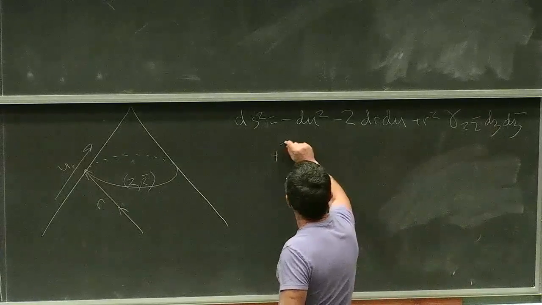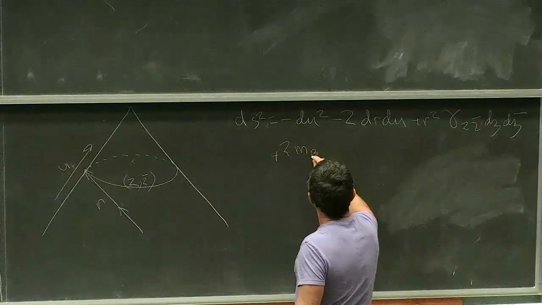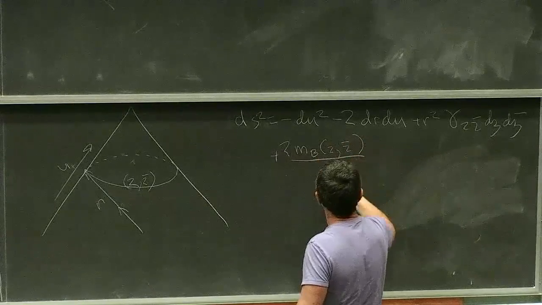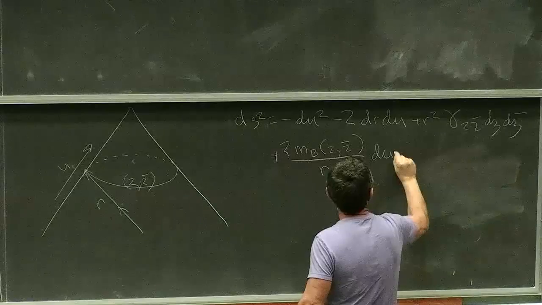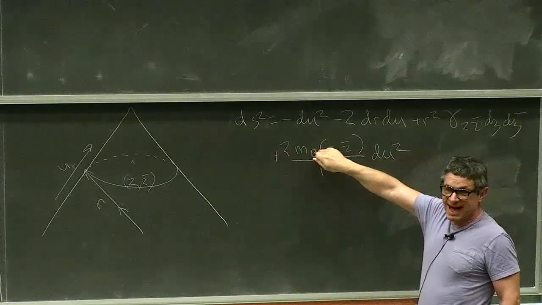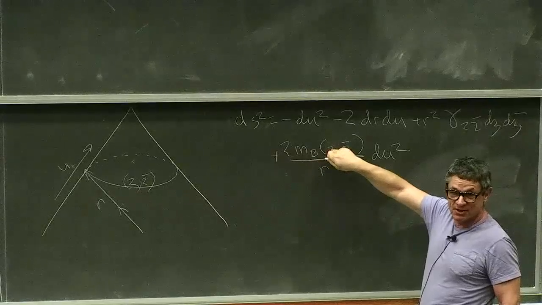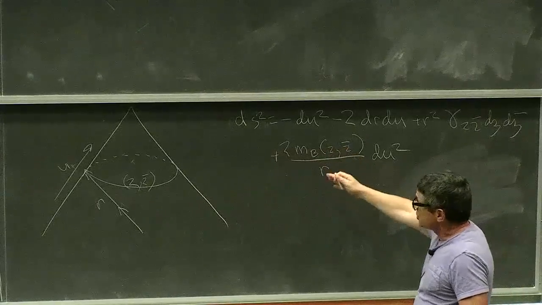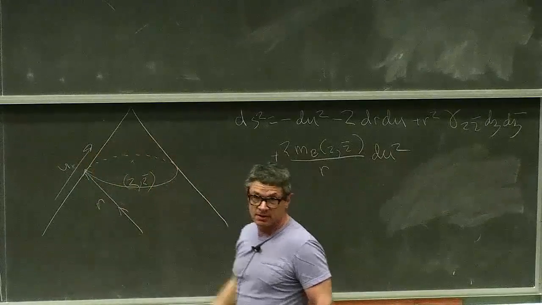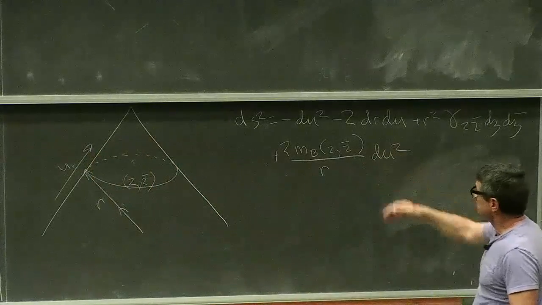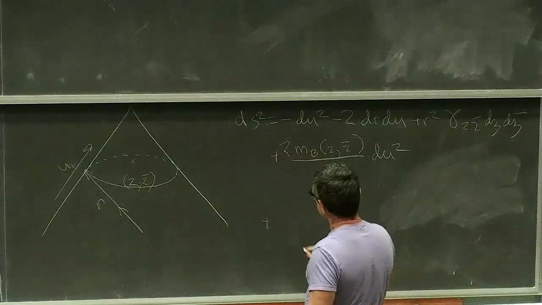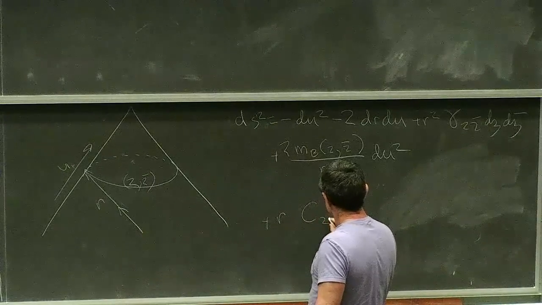But the important ones are, first of all, the one that you're familiar with in Schwarzschild, which takes this form in these coordinates. For Schwarzschild, of course, this would be a constant, the 2m over r correction. But in general, for a general spacetime, it depends on the location in the sphere. And even if you boost Schwarzschild, it's no longer constant. That's one important term. The second important term is